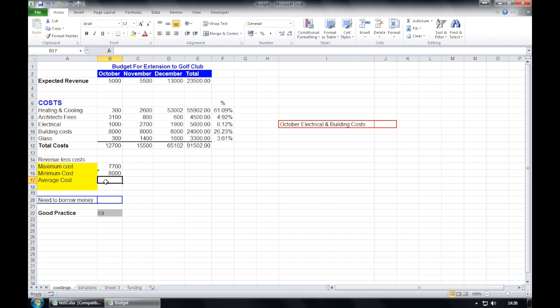In B17, for question 23, we need to enter a function to show the minimum cost from cell range B7 to B11, and very similar, equals min, open up our bracket, B7 to B11, close our bracket, press enter, and the minimum is 300. And again, just as before, equals average B7 to B11, close our bracket,